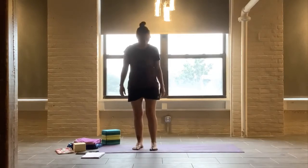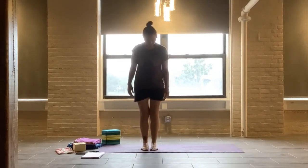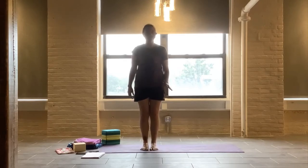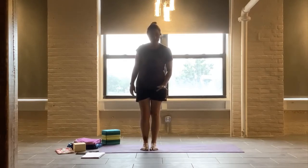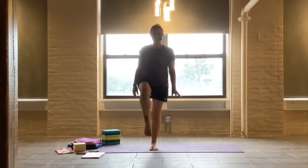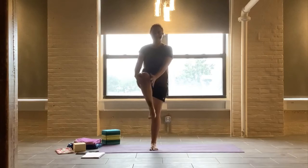So your feet come a little closer together, so the toes are almost touching. Toes are still spread, still rooting down through all four corners of the feet. Transfer all of your weight to your left foot and start to lift your right foot off the mat,